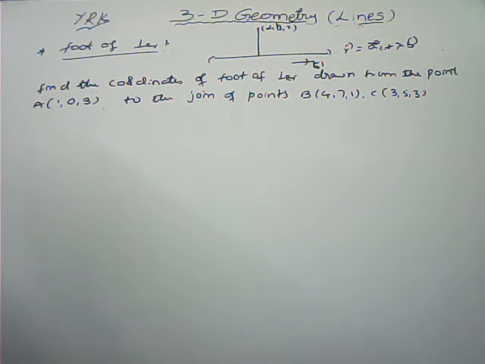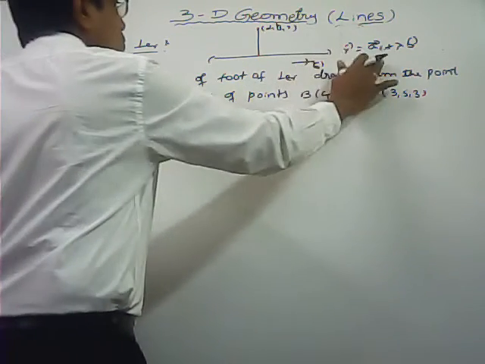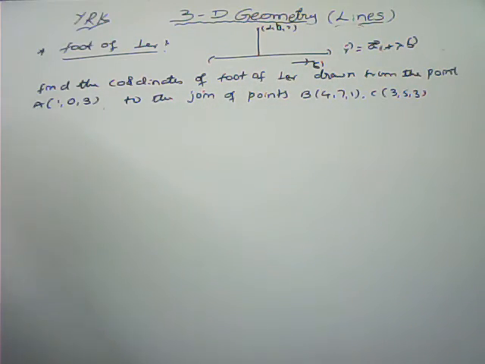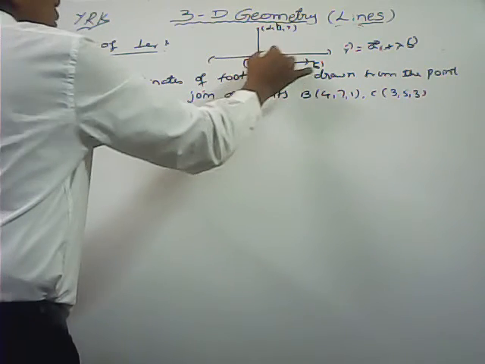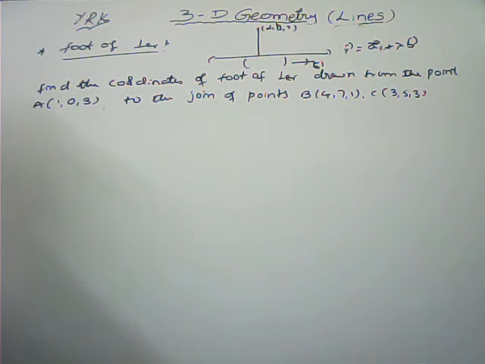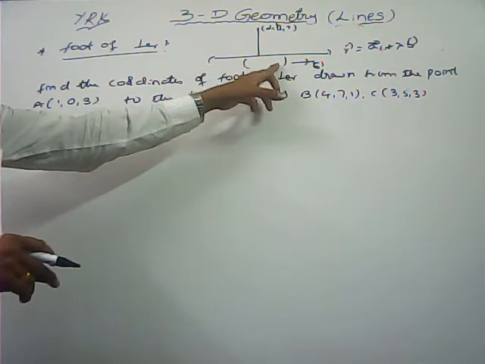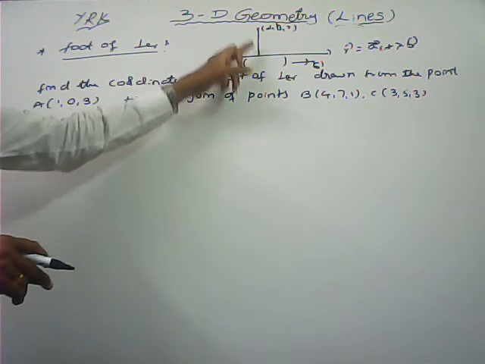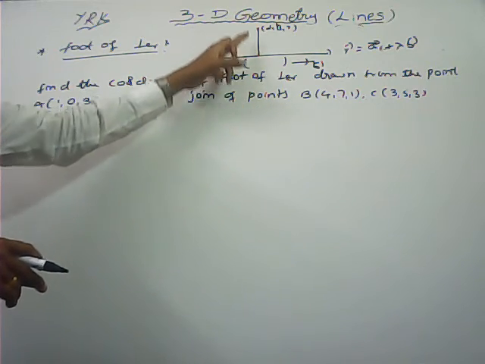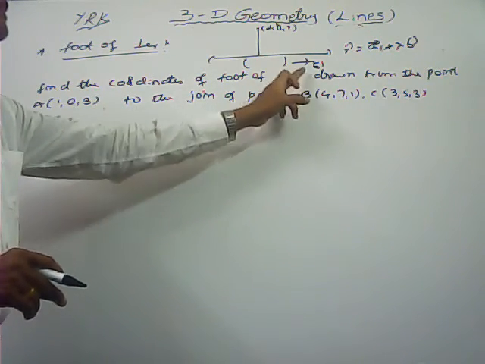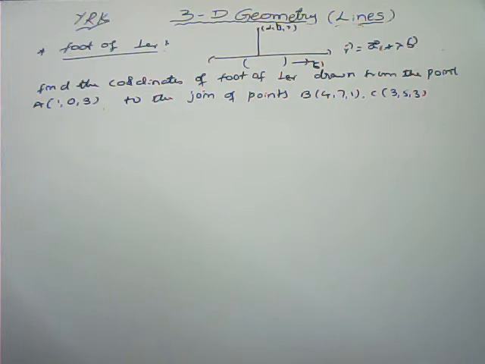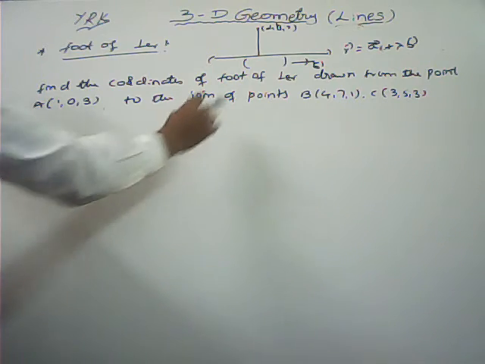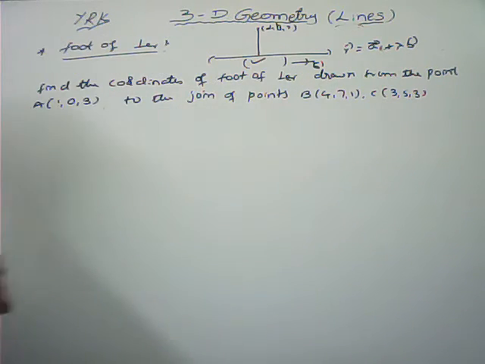Now you can write the symmetric form of the line and take any point on that line by equating to lambda, so we can get the parametric coordinates. The DRs of the line passing through these two points and the DRs of this line are both perpendicular, so the dot product of the DRs should be equal to 0. Then we can get the lambda value. By replacing that lambda value here, we can get the foot of the perpendicular.